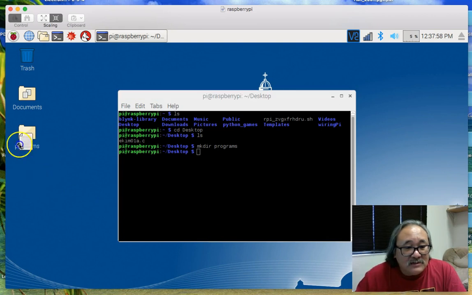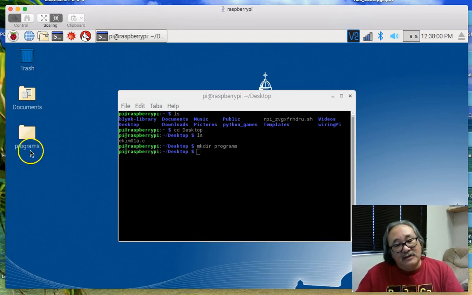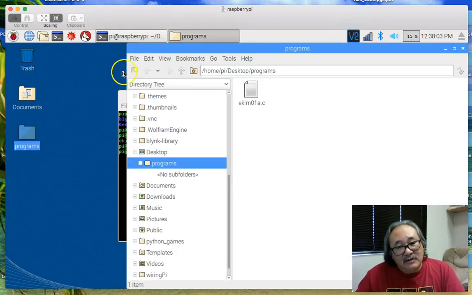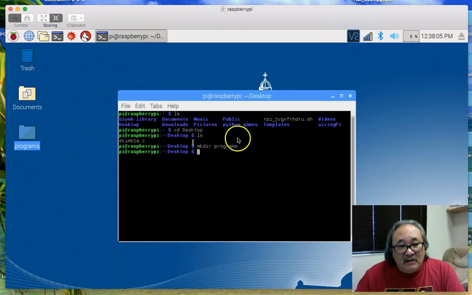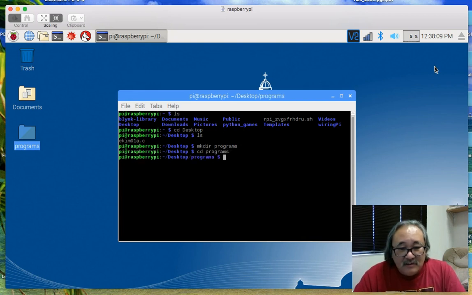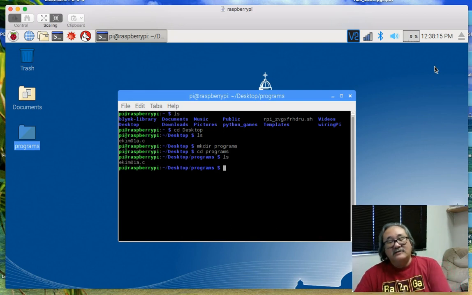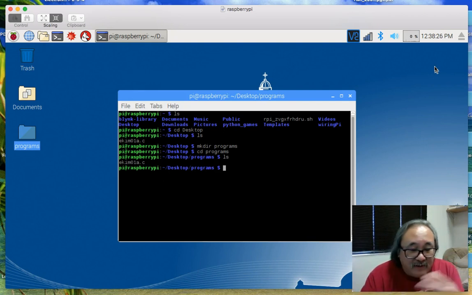I'm going to take this and just dump it in there, right? Open programs. There it is. Okay. All right. So now I'm going to do cd programs. I'm going to open it up, and there's my program, ekim01ac. Okay. So you want to be in the particular directory where your file is, and then to compile it, that is, take the text file and make it into a digital file for your Raspberry Pi to run,